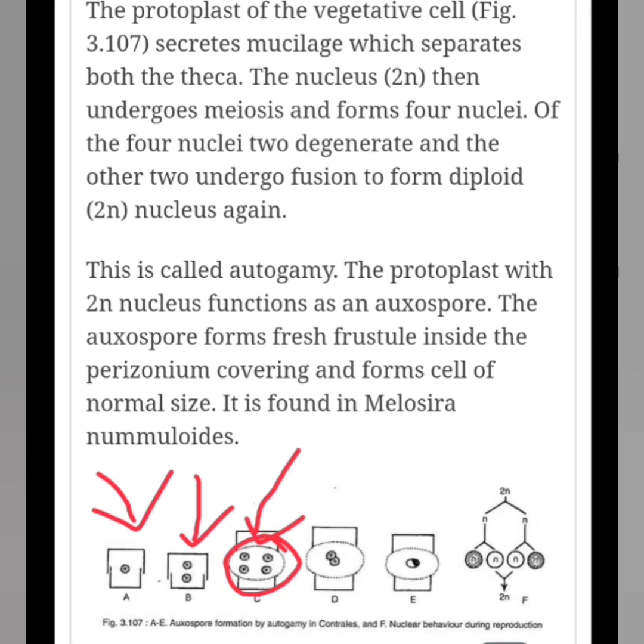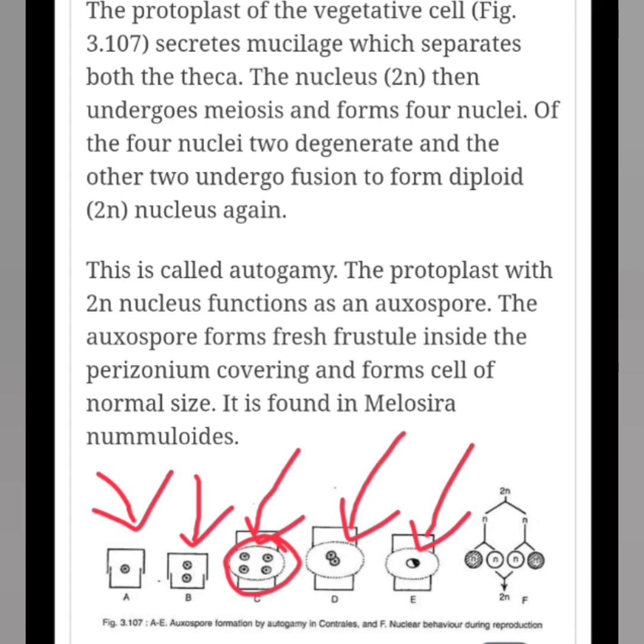Out of the four nuclei, two nuclei will degenerate, and the other two will fuse together to form a zygote. After a period of resting, it will act as the auxospore,